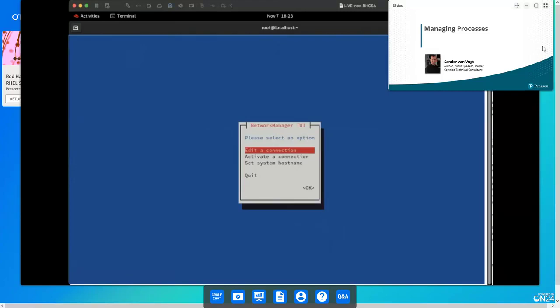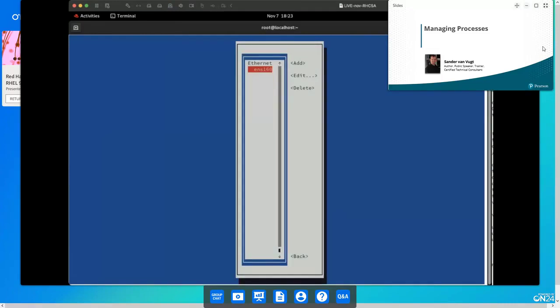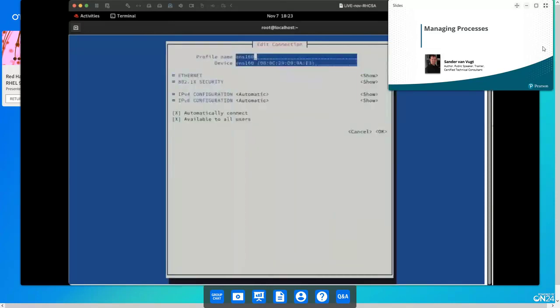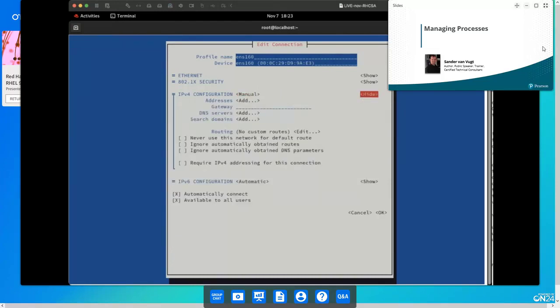And yes, I agree, this looks like MS-DOS did in 1993, but that doesn't matter. It's a very functional utility where we have added a connection. So I'm going to edit a connection. I see ens160, that's my primary network card. I am using edit, and then we can see the options. IPv4 is set to automatic. Automatic means go get it from a DHCP server. I'm pressing enter, and if I want to change that, I can set it to manual, and I'm using